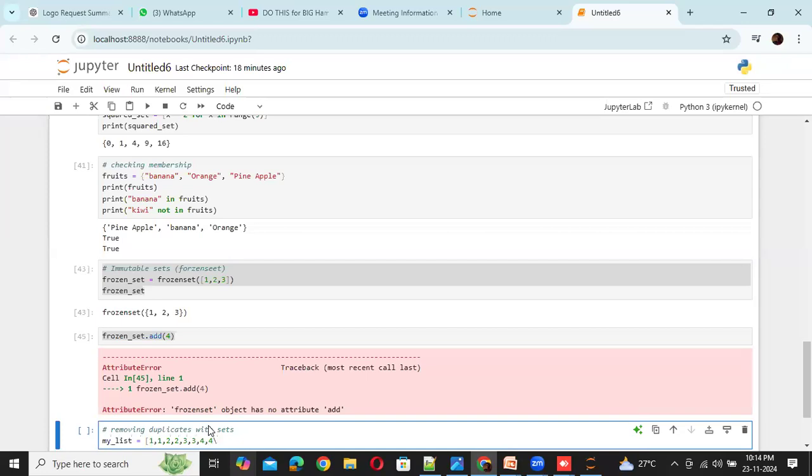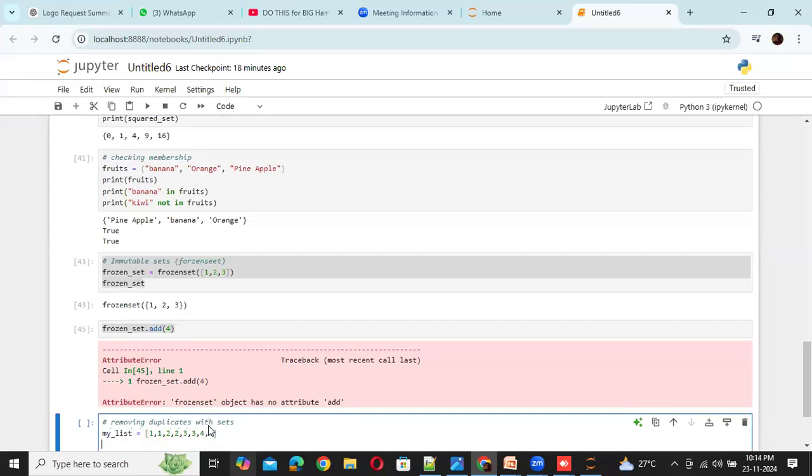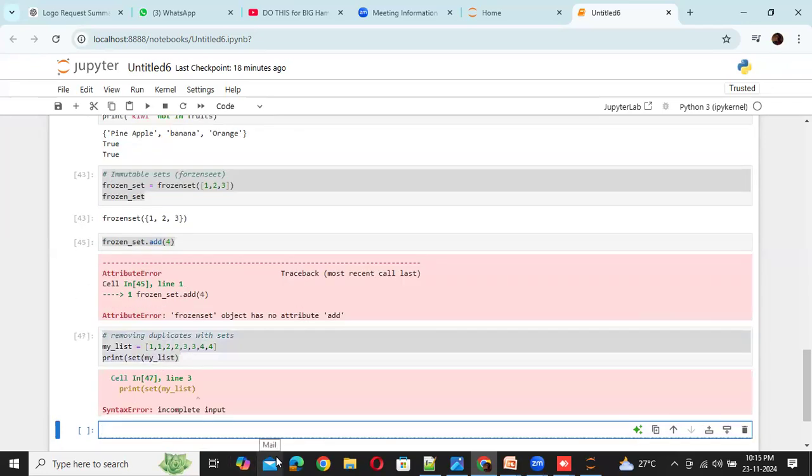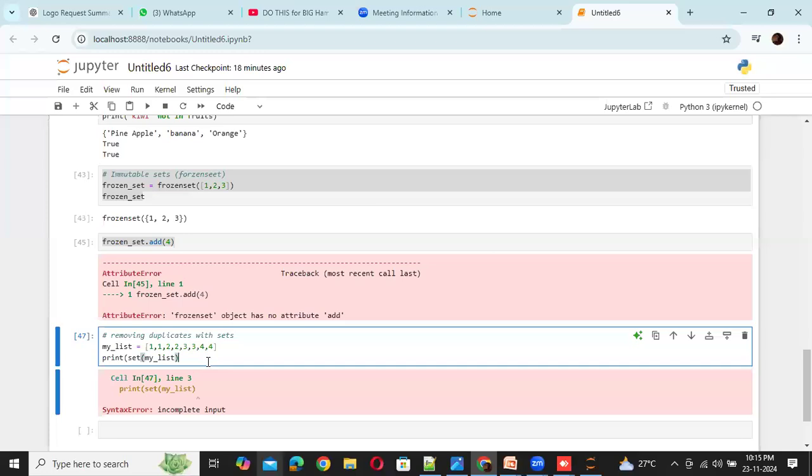I need to remove the duplicates. Here simply what I do is print set of my_list. Sorry, I need to put one more parenthesis. And then hit the run button.